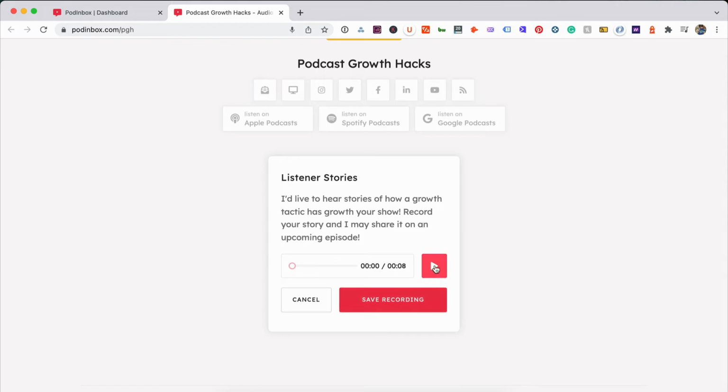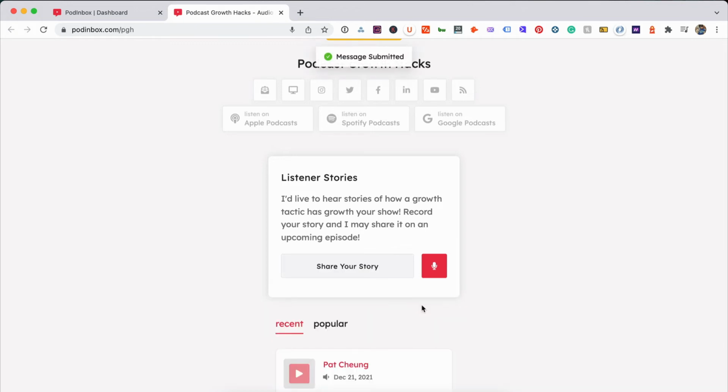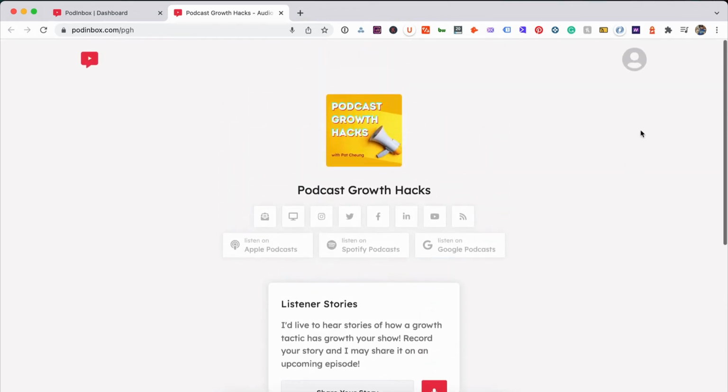Then I can always preview the recording to make sure I like it. If I do, I can just press save recording. Done. Now, in this example, I'm already logged in, but if I wasn't, and I tried to save recording, it'd